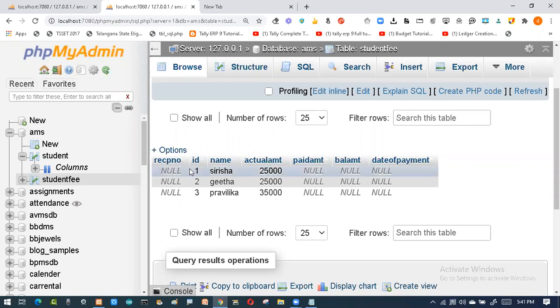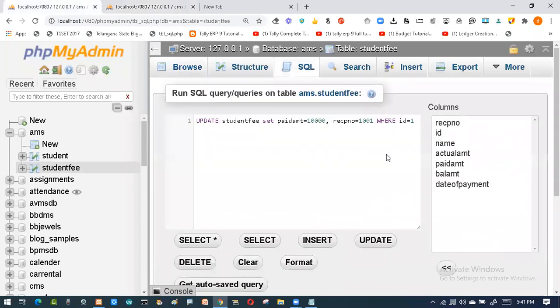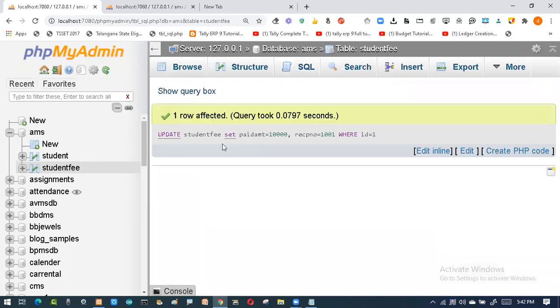So when I'm saying first person, that is a condition. So when I'm saying condition, if you remember the syntax, we will be having the WHERE command. We call this the tail. So I'm saying update the student fees, set one column. That column is what he has paid in fees. How much did he paid? 10,000. So I'm giving the receipt number. Who has paid? So and so person. So row number 1 has paid. Now I'll enter this one. Now you can see one record has been updated.